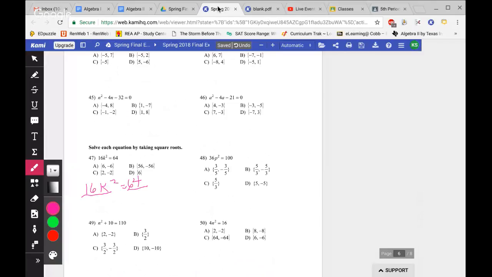So the reverse operation, or reciprocal operation, of multiplication is division. So you're going to divide both sides by 16. And then now we have k squared equals 64 over 16. Well, we're going to take the square root of both of those. And when you take the square root of a fraction, you're actually taking the square root of the denominator and the square root of the numerator. And Lily, here comes that plus or minus thing again. Plus or minus